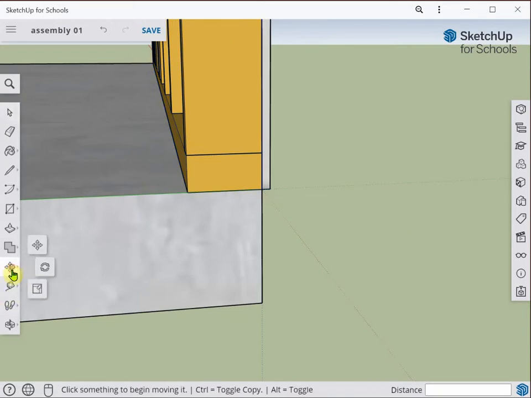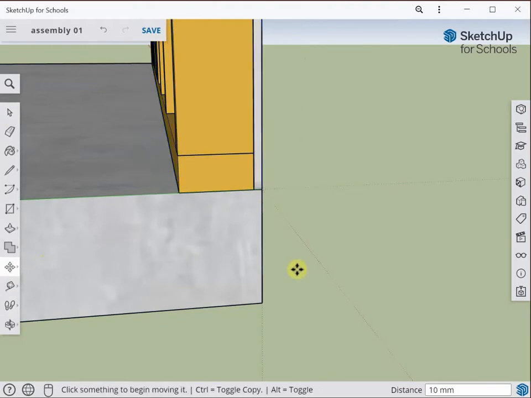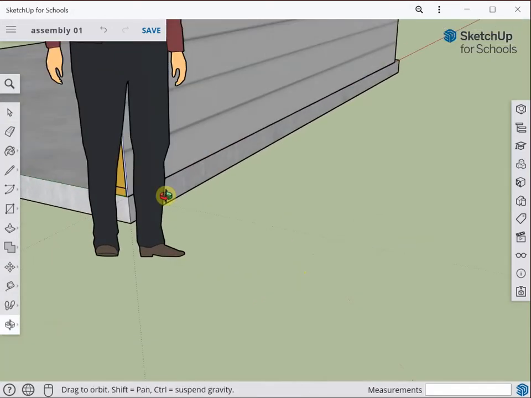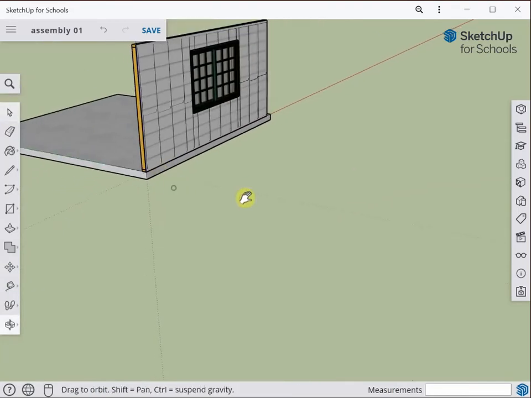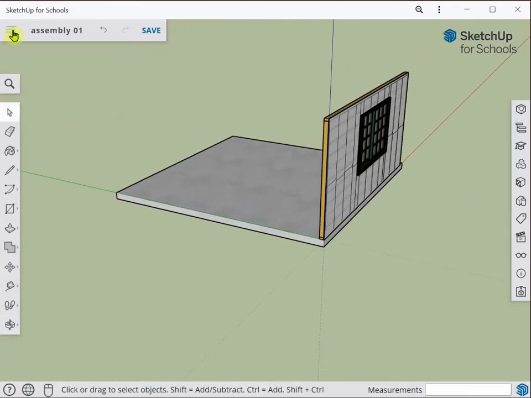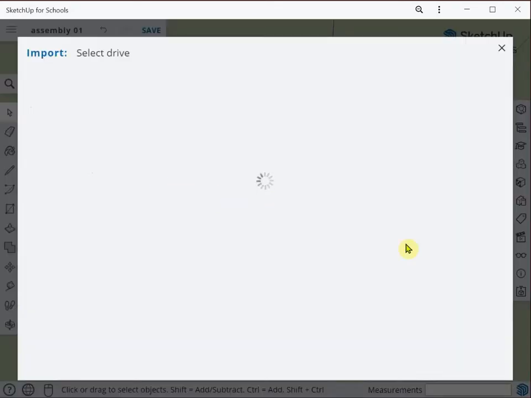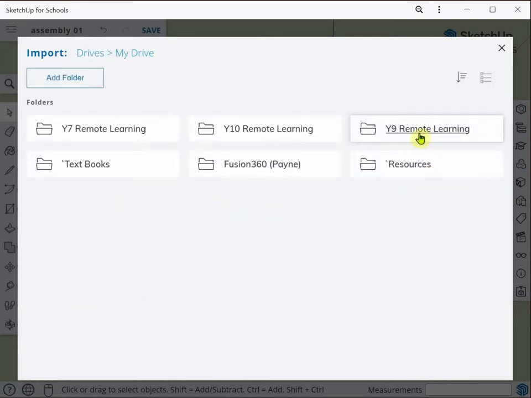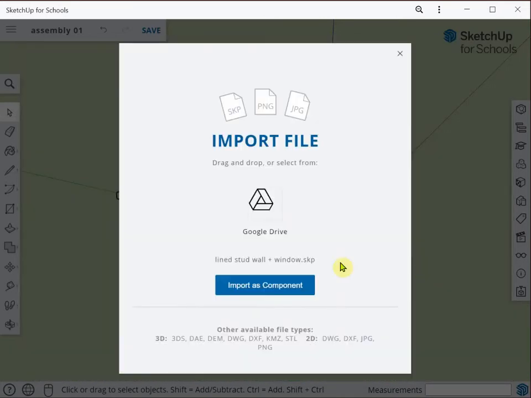So what I'll do is I'll grab the move tool and I'll pick this corner and align it to the concrete slab like that. So you can actually bring in, I might just get rid of the model there, you can bring in multiple copies of the same component if you like. You just repeat the process. Import from Google Drive, and you can import anything that you've drawn previously. So I'll get another copy of that one,